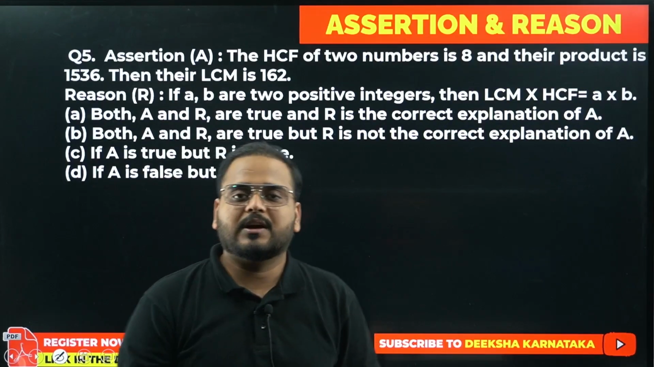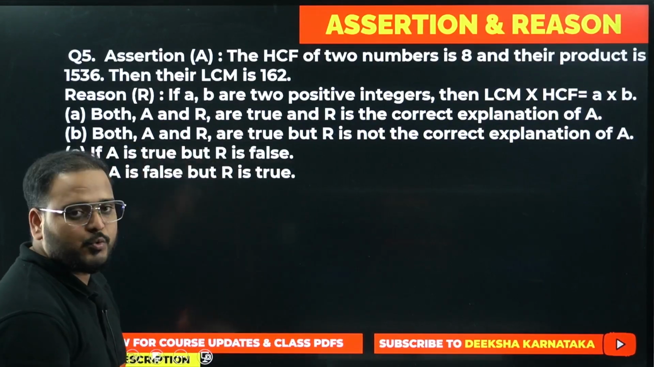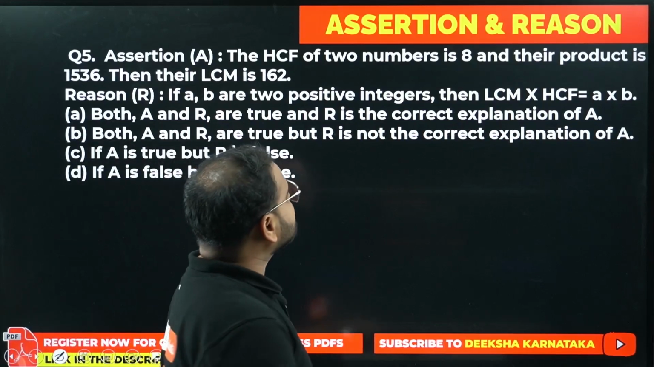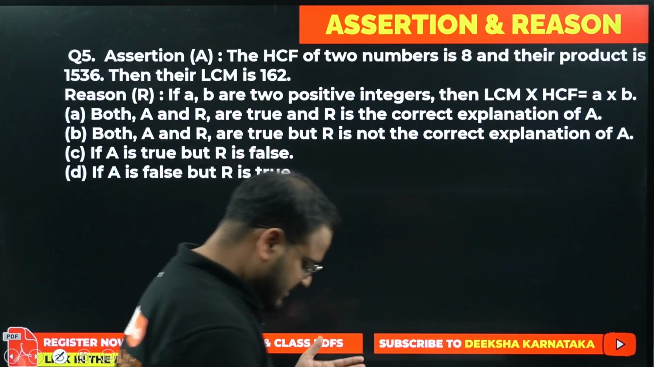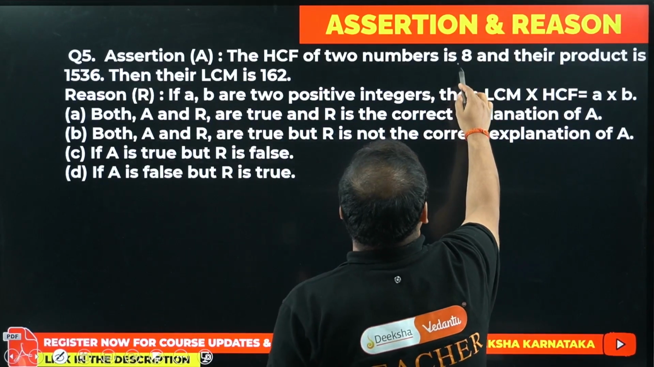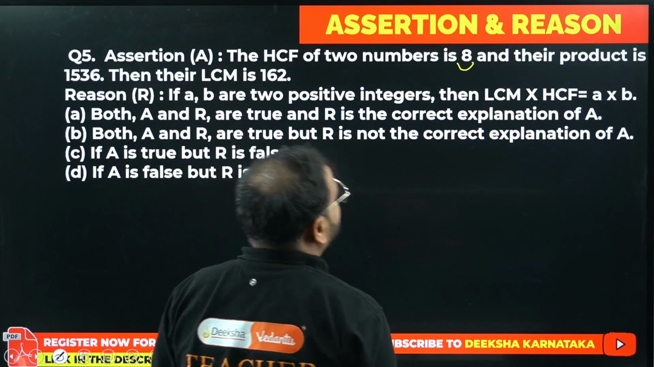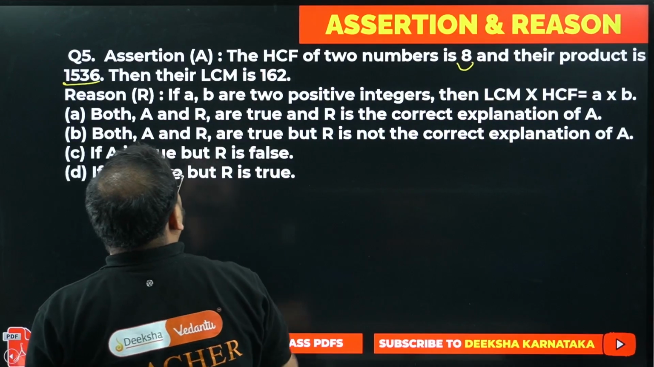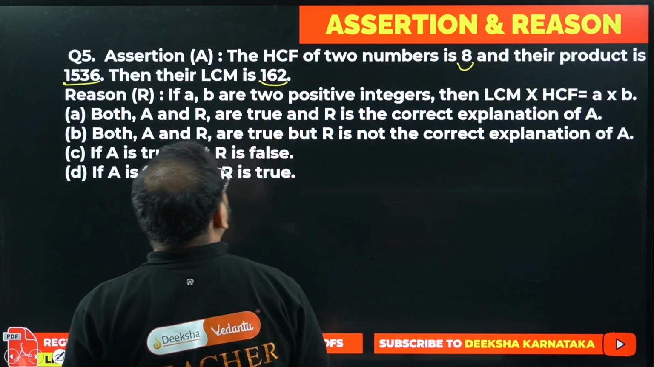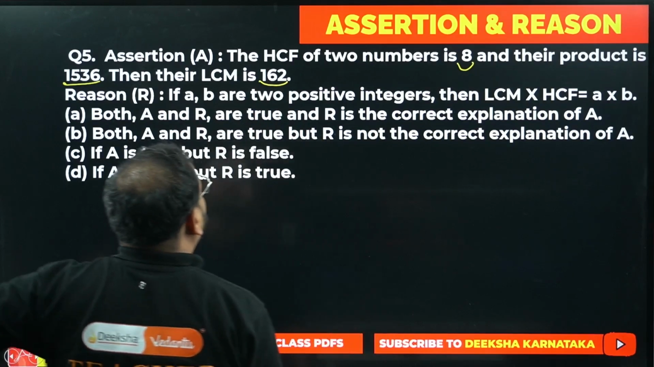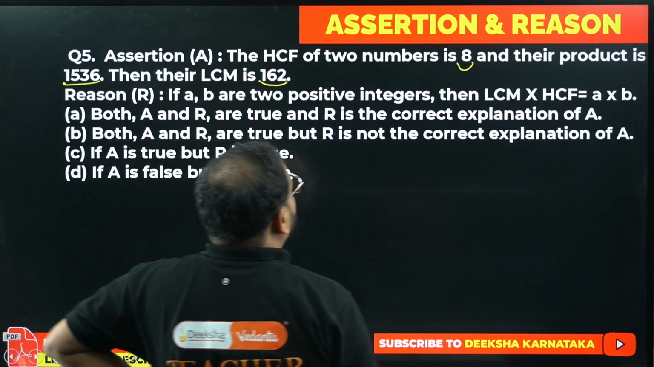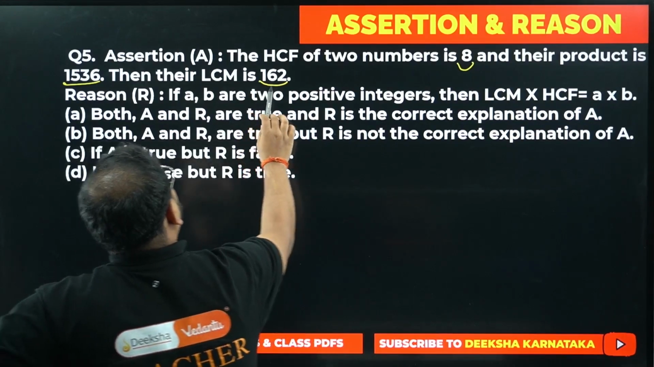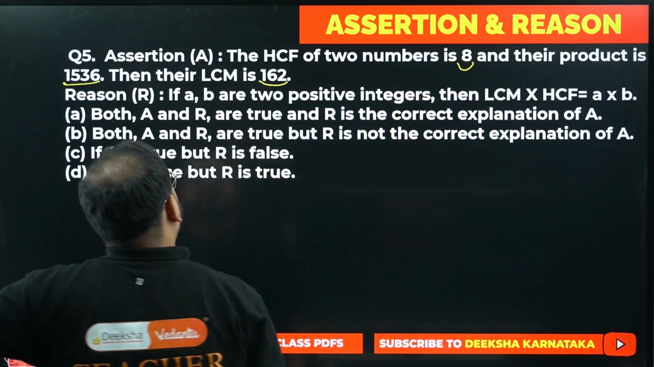You know that category, right? The 18 plus 2 is there. So assertion: the HCF of two numbers is 8. They've given the HCF, bacha. The HCF is 8, and the product is 1536. And the LCM is 162. Great. We know that if we multiply the LCM with the HCF, they've given na,